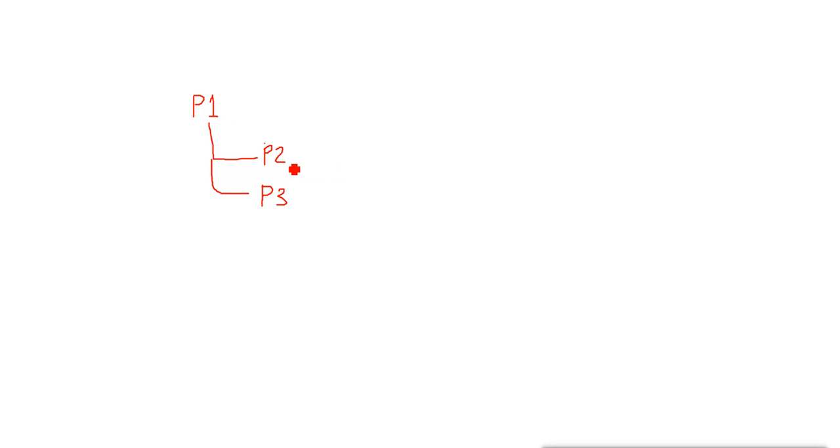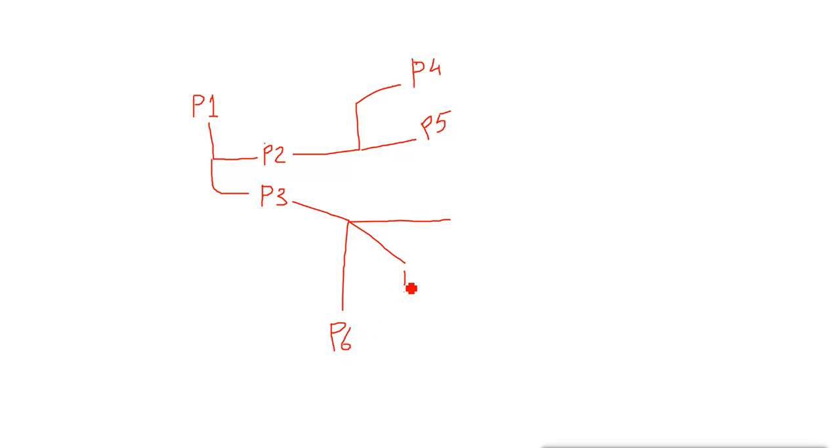Now when I try to install package 2, package 2 says I have two more dependencies. Let's say package 4 and package 5. Now remember, you have to install all these dependencies manually. Then when I try to install package 3, it says I have 3 dependencies. Package 6, package 7,